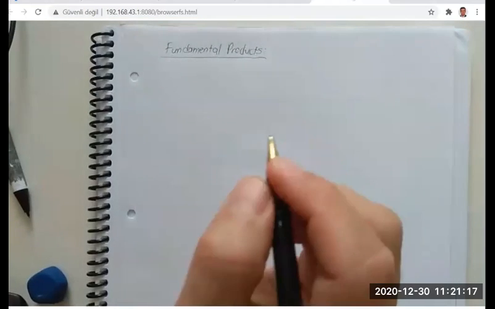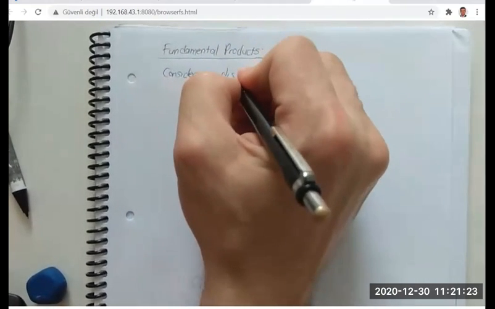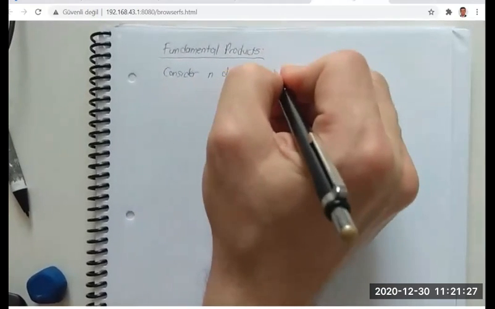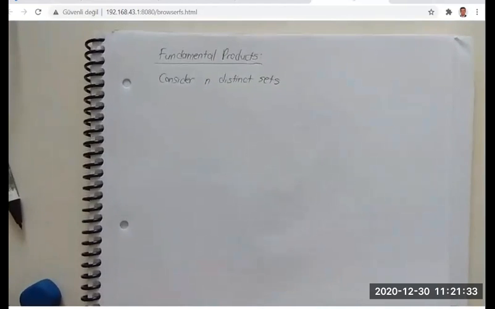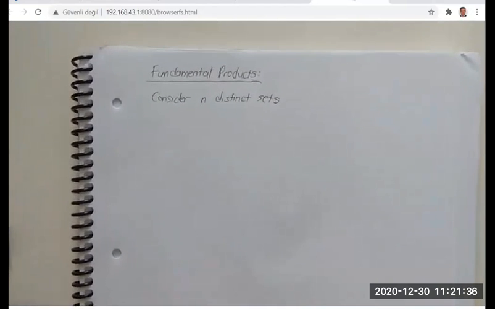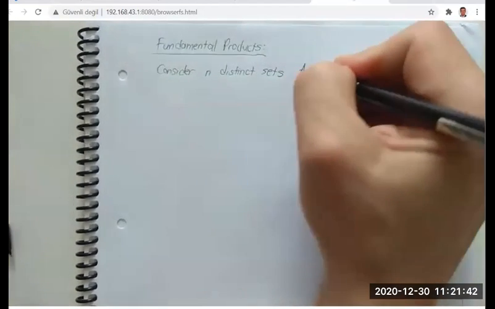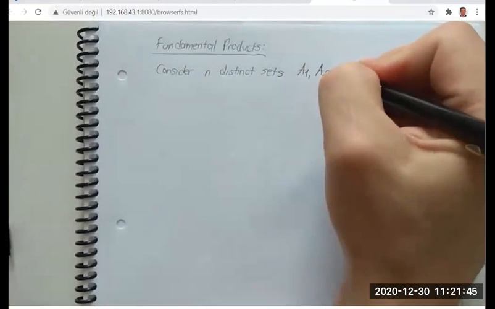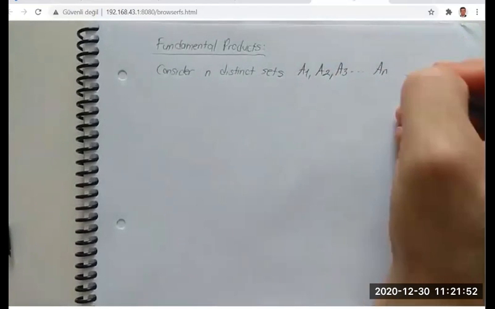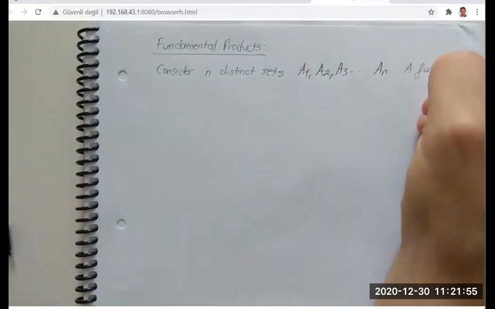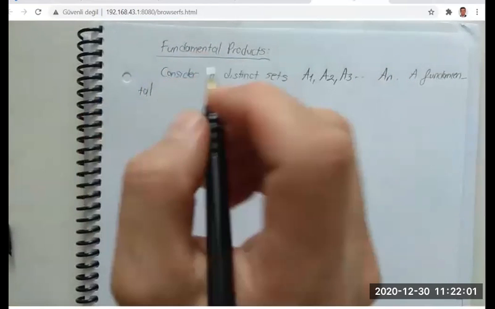Consider that there are n distinct sets like A1, A2, A3, and so on, up to An. A fundamental product